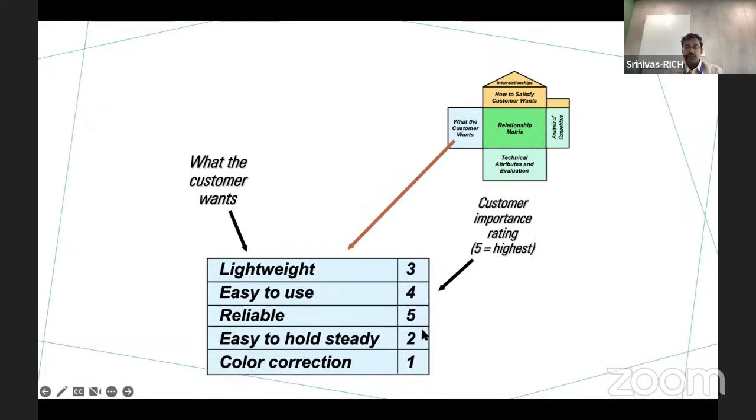And then you rate them from lowest to highest, 5 being the highest, 1 being the lowest, right? And so you can see that, okay, this is how the consumer is giving most weightage to reliability, then to ease of use and lightweight. And yeah, color correction is probably not something the consumers are very keen about. Maybe only 1 in 10 really needs that. And for them, there could be some other specific product which is launched, right? If it is too difficult to accommodate it in this product, we probably will let go of these and take them up in a different product.